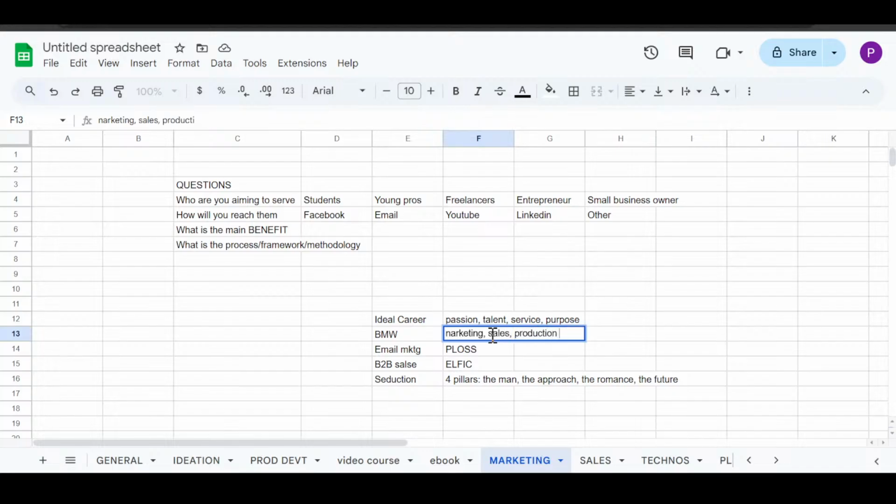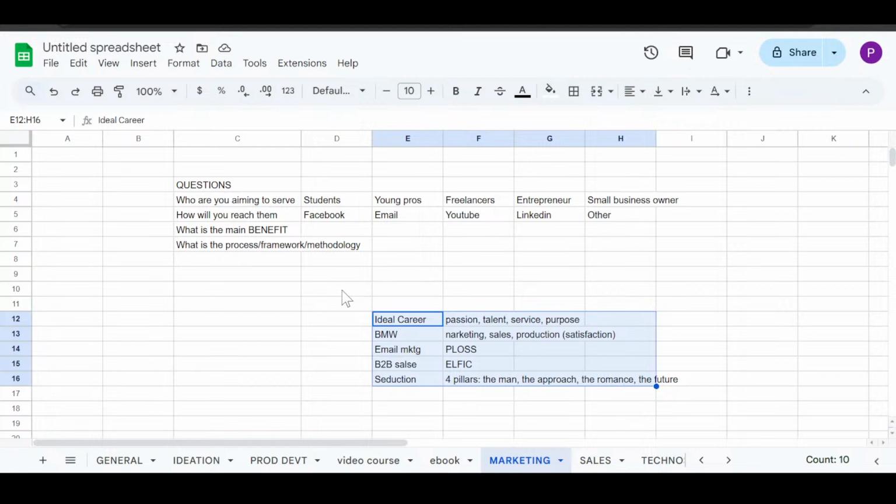But production, recently I changed it to customer satisfaction, because you can produce tons of products, but ultimately you need to satisfy customers. It starts with production, but it ends with customer satisfaction. So for email marketing, I have these frameworks. These are the frameworks that you have to develop if you're going to have a good